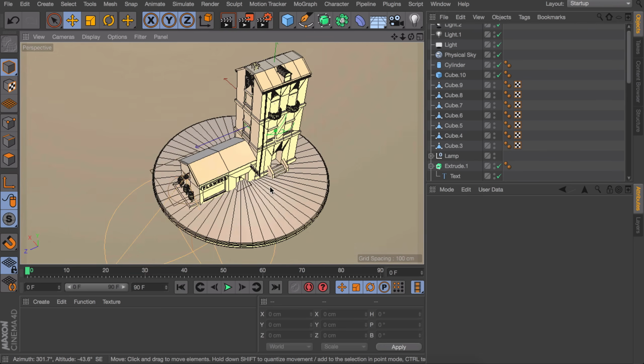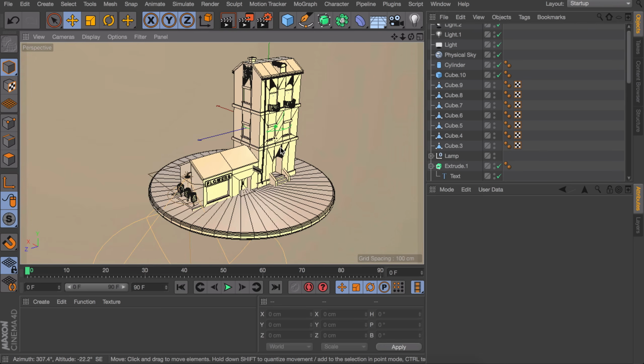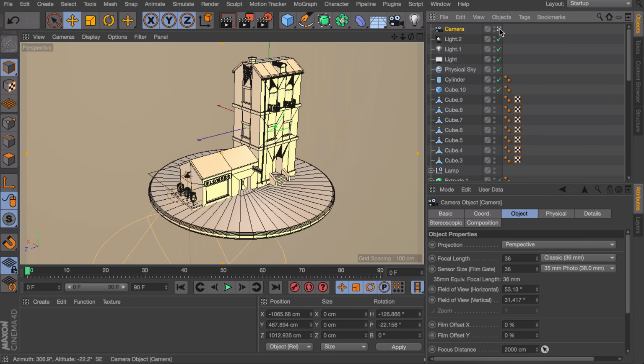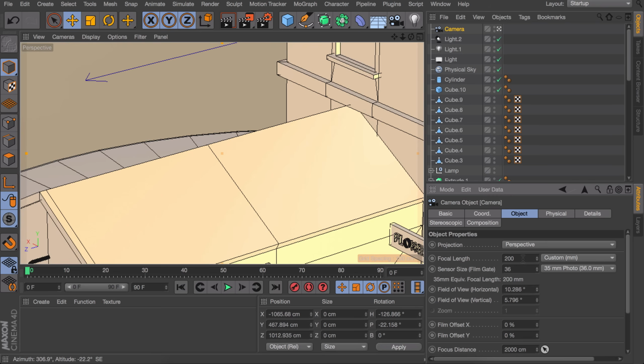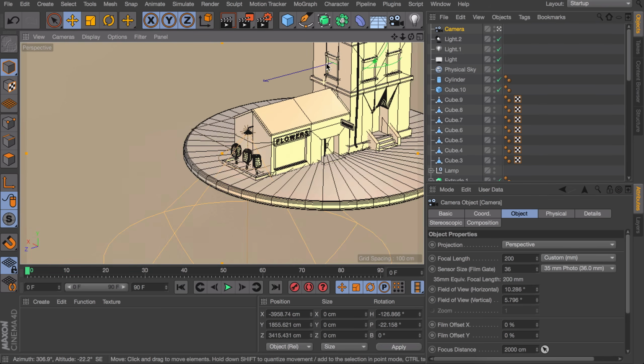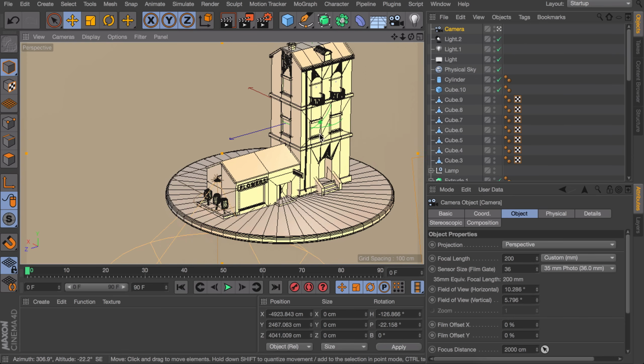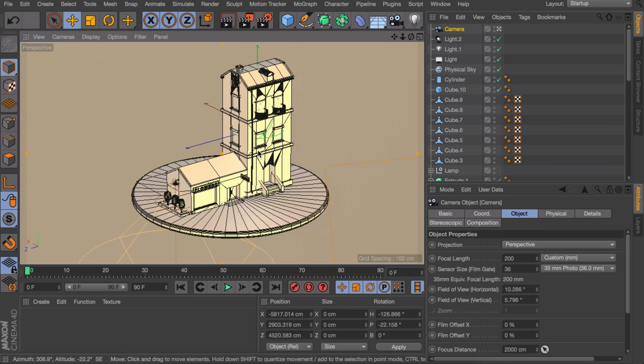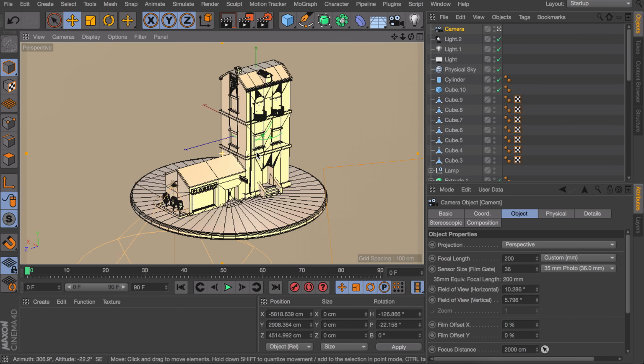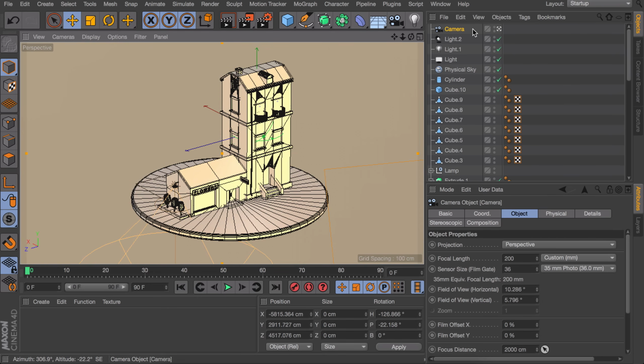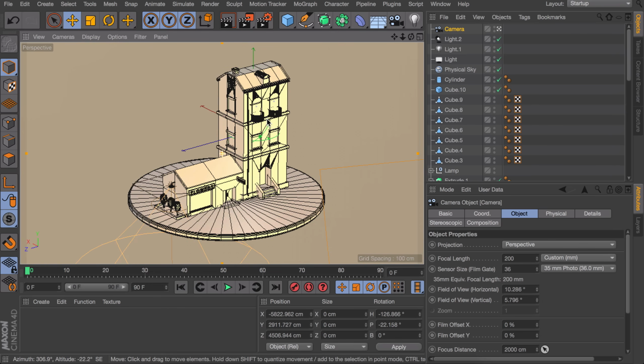Next up, let's make sure we have some kind of nice composition, a nice angle we're viewing the building. We can do this by creating a camera up here. Make sure you're selecting this little black square so it turns white. And now in the object properties, change the focal length to 200. This is some kind of trick where you zoom in so much that the perspective is kind of crunched together. It's basically the opposite of a fisheye lens, where everything looks really tall and big, and this makes it look